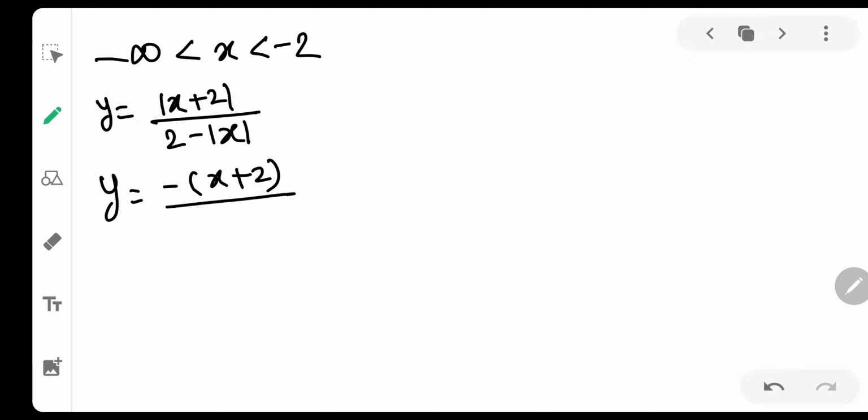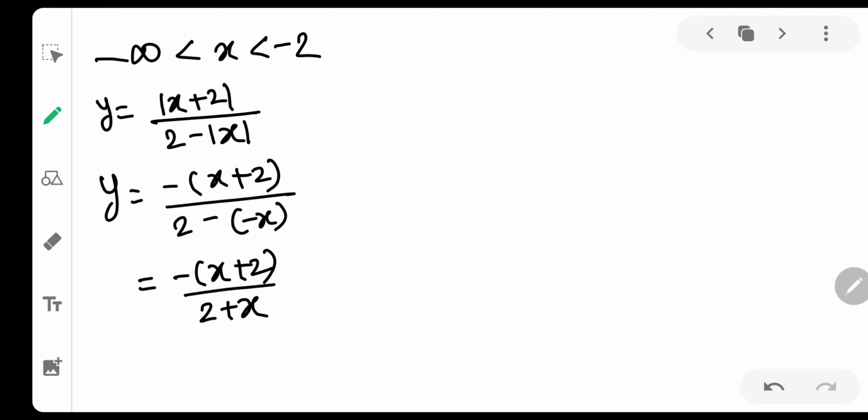So y is equal to mod of x plus 2 upon 2 minus mod of x. Before minus 2 take any value of x, let me say minus 3. Then the numerator will be minus 3 plus 2, which is minus 1, which is negative. Hence the mod will open with a negative sign. And before minus 2 every x is negative. That is why the denominator mod will also open with a negative sign. Now to your greater surprise, see how it opens. So x plus 2 and 2 plus x definitely get cancelled